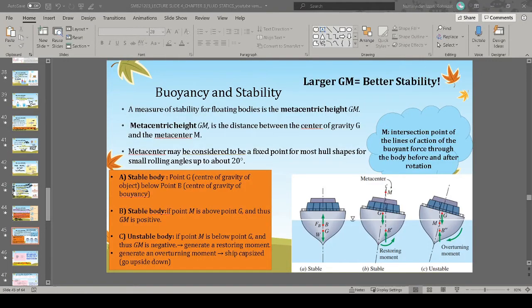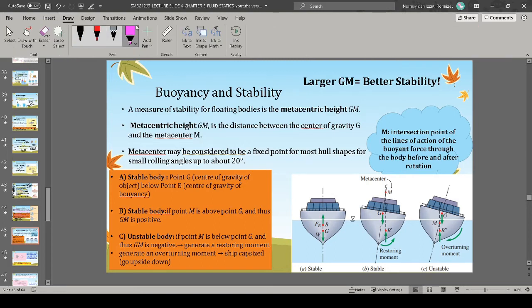So for floating bodies, how do we measure their stability? We use this term called metacentric height, denoted by GM. It is said that larger GM, better stability. But where or how do we measure this metacentric height? So metacentric height, GM, is the distance between center of gravity G